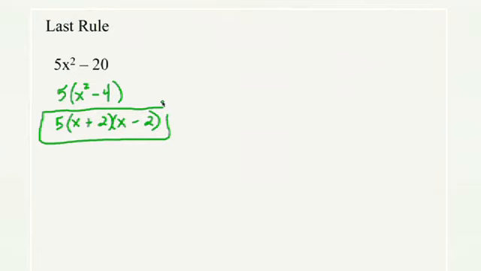We can't emphasize enough that you need to keep bringing down that 5. A common mistake we see is that students start focusing on factoring x squared minus 4, and they'll get the x plus 2 and x minus 2 correct, but they'll leave the 5 up there in that previous step. So once you've factored something out, you need to keep copying it down. It'll stay there all the way through until your final answer. Absolutely. All right.